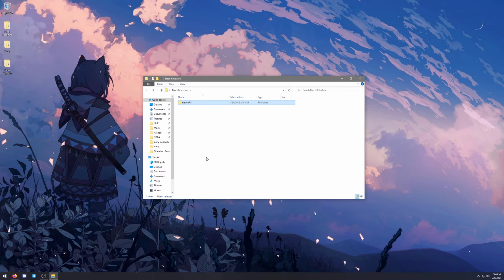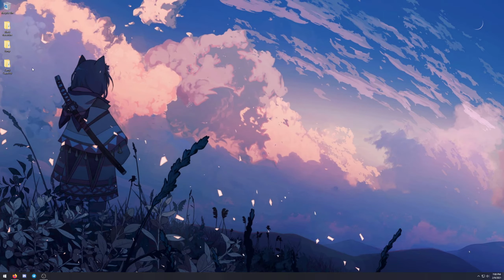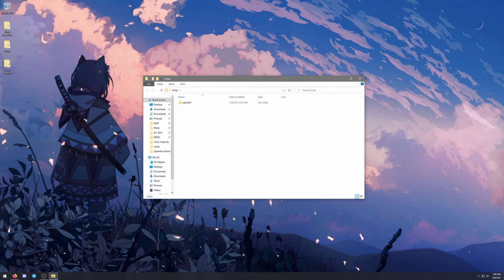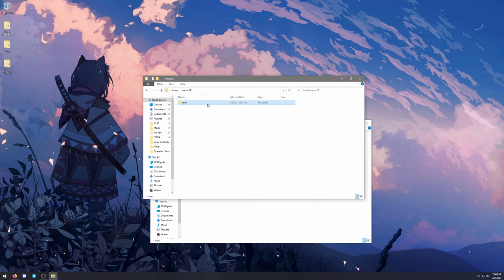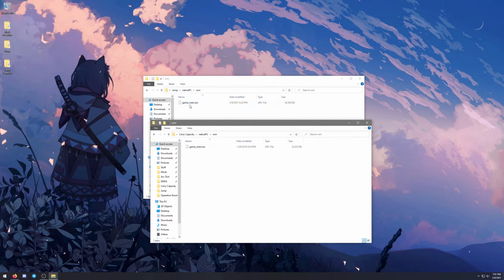Now we could go ahead and drag and drop these, but there's a little work we need to do. As I said earlier, the jump mod and the carry capacity mod both replace game main archive. So we're going to need to go in and combine those mods. No, Windows, why? We're going to need to combine both of these archives so that we can have both mods in the same